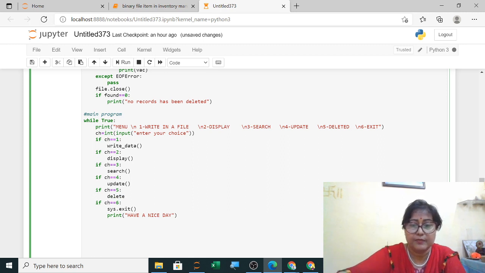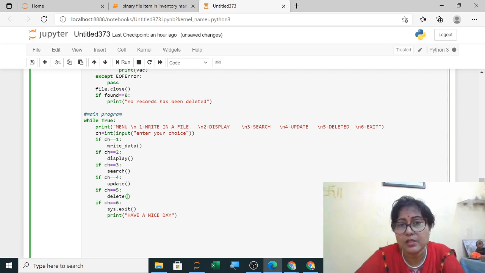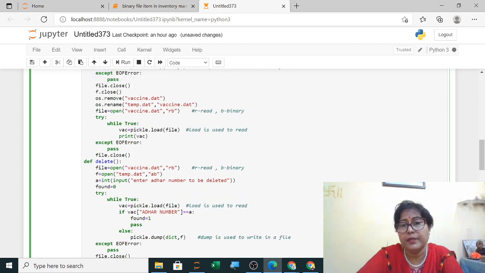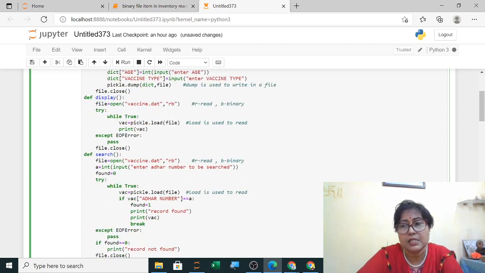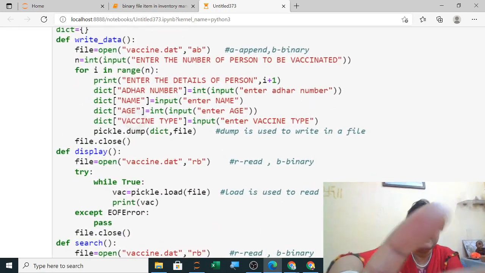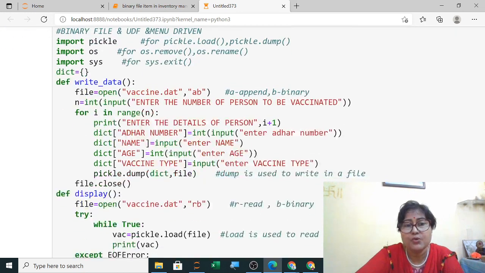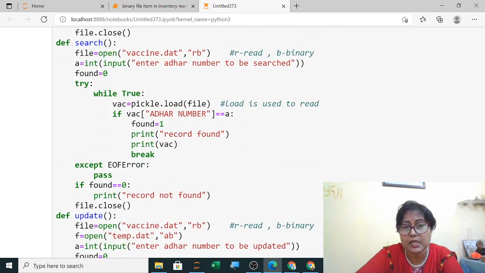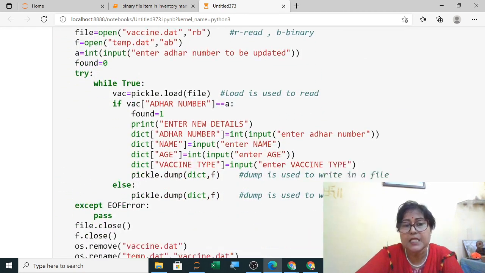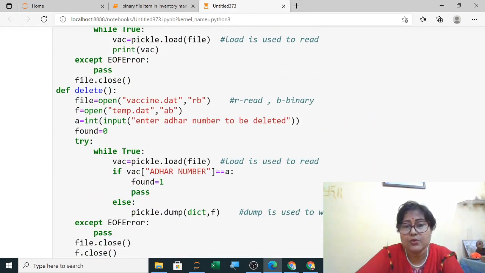So delete. Now this today whatever we have done, this is very important, because your complete Viva will be, your practical will be on this binary file. You will get it in the question paper in board exam, as well as your project is on this, as well as your 4 marks 5 marks question is on this binary file handling. So try to understand each and every step, how to write, how to display, how to search, then how to update, then how to delete it.